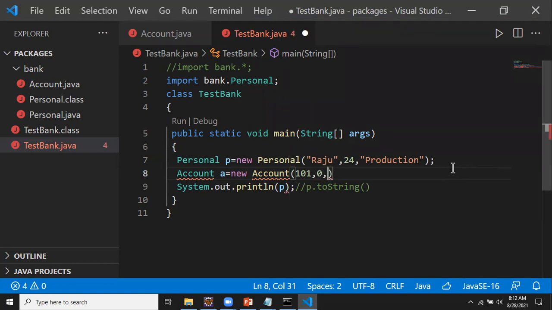Generally, they don't allow us to have a 0 balance, and it depends upon what type of account you're going to have. Either you have a 0 balance account, or generally the minimum balance is maybe 2,000, 3,000, or 5,000, whatever it is. In such a case, I'll give the value 1,000, assuming 0 balance accounts are not allowed. Then I'll say this is my SB account. Okay.